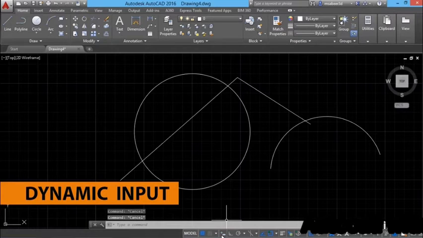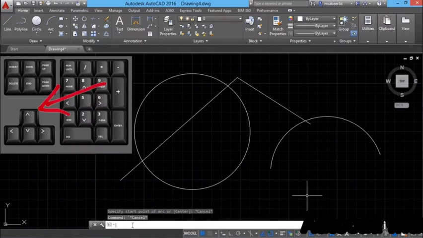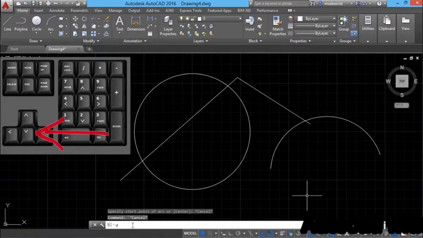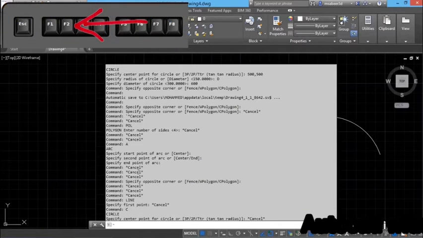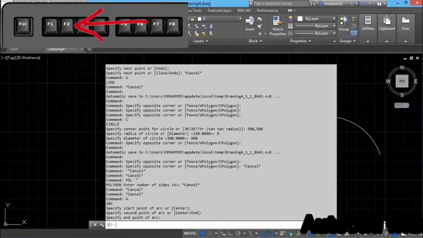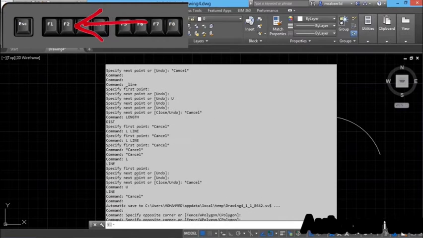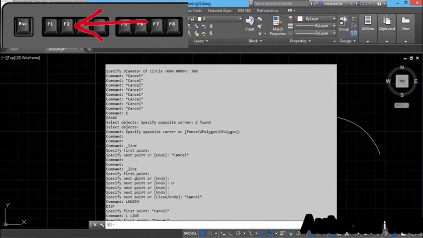Once you disable the dynamic input, then the commands and the user inputs given will appear at the command line. By pressing the up arrow key, you can go backwards and you can see all the previously given commands. And by using the down arrow key, you can go forward. And by pressing the F2 function key, you will get all the previously given commands and the prompts. You can just scroll down and see all the details clearly. And this is what you call the history.